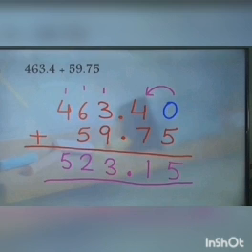Now we need to add the 1 plus 3 plus 9, which gives me 13. So I write 3 here and 1 is carry. 1 plus 6 plus 5 gives me 12, and I write 2 here and 1 carry, and 1 plus 5 gives me 5. That is the sum of the question. So the sum of this question is 523.15. This is the solution of this question.